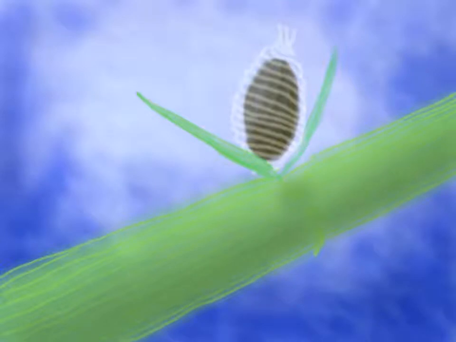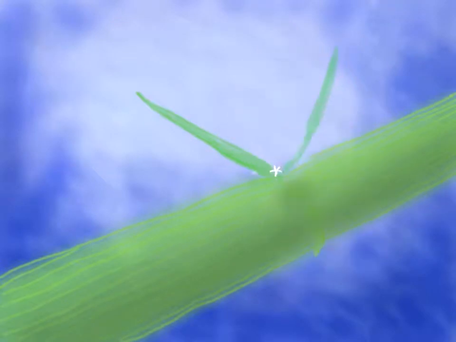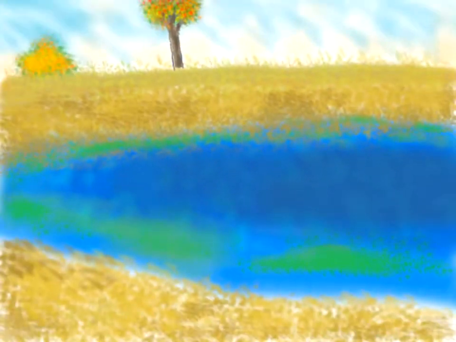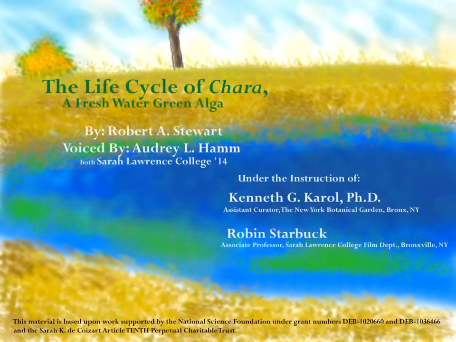The oogonium stores starch around the zygote and forms a calcified shell for protection. The zygospore then falls from the mother plant to the pond floor, awaiting the spring. It will then undergo meiosis to mix its parents' genes and keep one of the 4 mixed copies for itself and repopulate this pond once again in the spring.